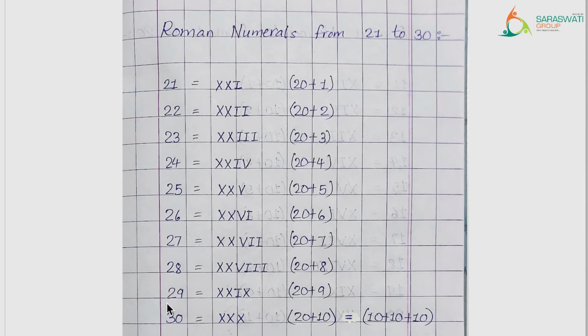So now let us look at the Roman numeral for 29. So we have 20 add 9 which is equal to 29. So 20 के लिए X repeated 2 times और 9 के लिए I followed by X. Now 30 is equal to 10 add 10. So that means X repeated 3 times. Or we can say 30 is equal to 20 add 10. So जो रोमन न्यूमरल है 10 के लिए right that is X, उसके आगे रोमन न्यूमरल for 20 that is X repeated 2 times. So students, in this manner we can remember the Roman numerals for the numbers from 21 to 30 as well.